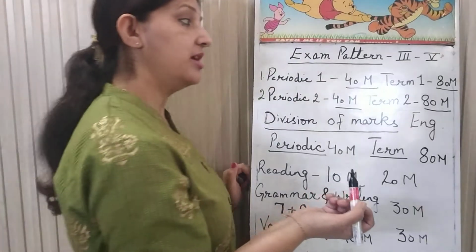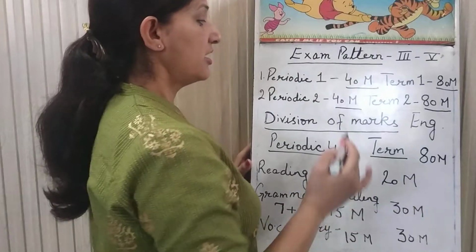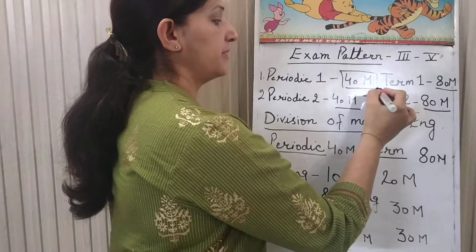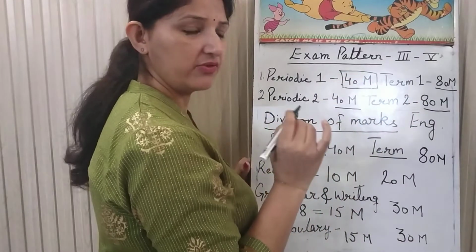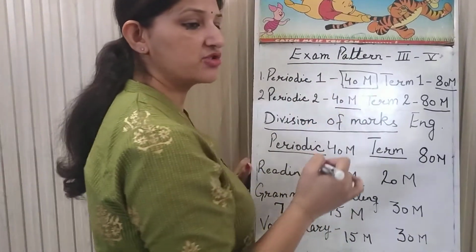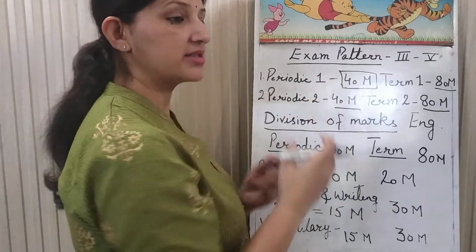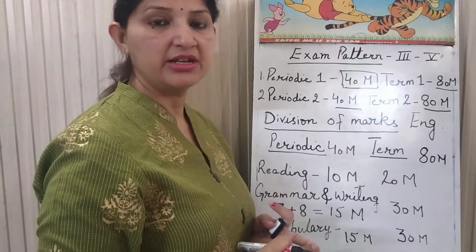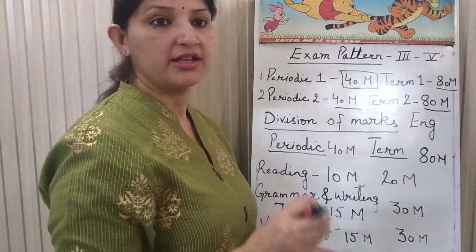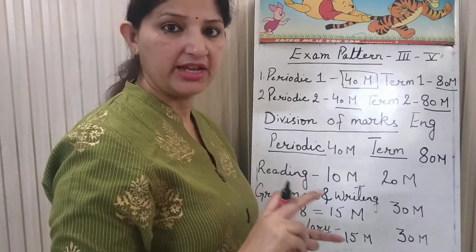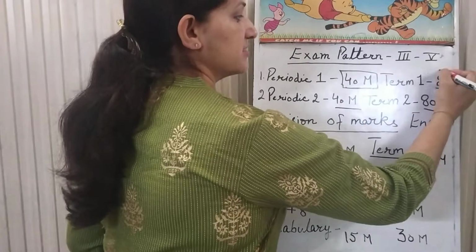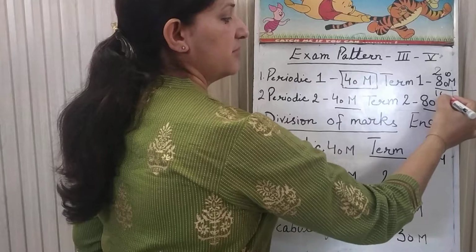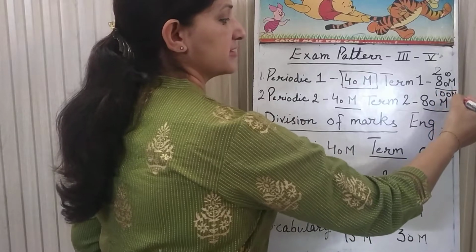How is it possible? What we are doing is taking the 40 marks of the periodic and making an aggregate of it. We also give the marks of the pen paper test, and add the marks of the portfolio and the activities conducted in the school for the kids. All the aggregate is made, and then 20 marks out of this is added to the term 1 exam, and it becomes a total of 100 marks.